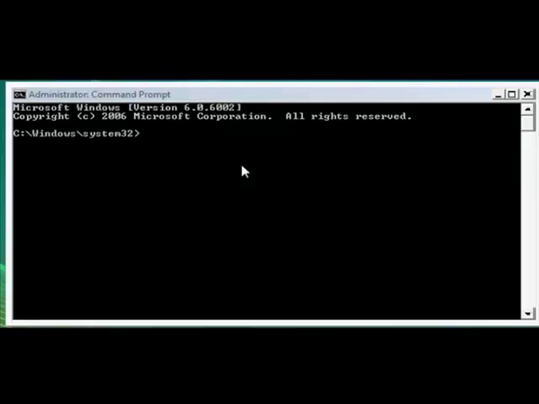Well, first, go ahead and open up the command prompt. You could click Run, CMD. It's in your accessories at All Programs, Accessories. CMD is right there. You can find CMD different ways. And so once you have it open,